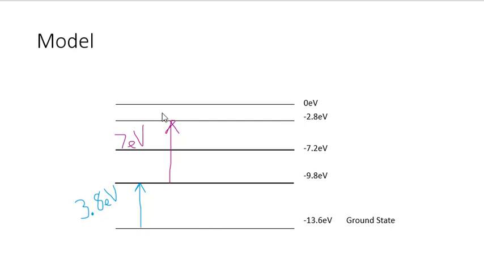So it's going to move up to very specific levels when it gets excited, but when it's excited, it's going to move back down. Now, this has some choices. Let's say that we had an electron at this energy state. It could move all the way back down to ground state, getting rid of 1 photon being discharged, 13.6 minus 2.8, and that 1 photon would be